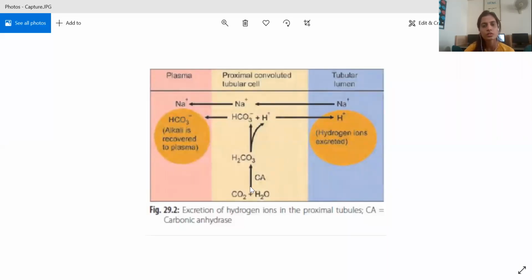So, this one is the diagram. Here again, the carbon dioxide and water are forming H2CO3. Now, bicarbonate is going here, and H+ is going to the tubular lumen, right? And now,